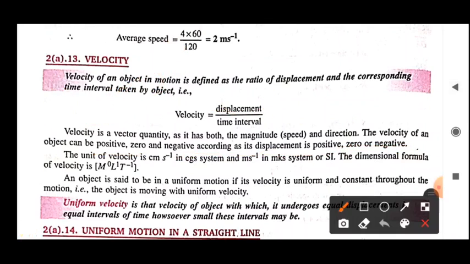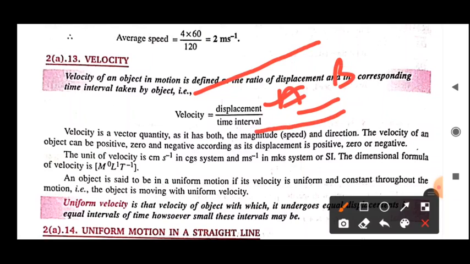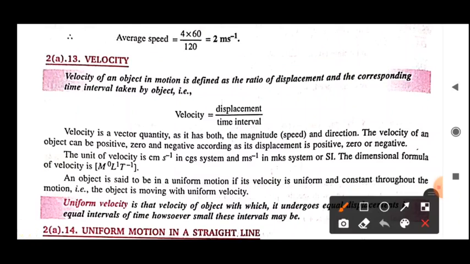And positive means you are continuously going forward, so displacement is increasing, and this will give you a positive value. And suppose you go from A to B, then come back from B, and go beyond A. Then this is your final location and this is your initial location. If you take the difference, that will be negative. So due to negative displacement you will have negative velocity. So velocity can be negative, positive or 0 depending on the displacements.